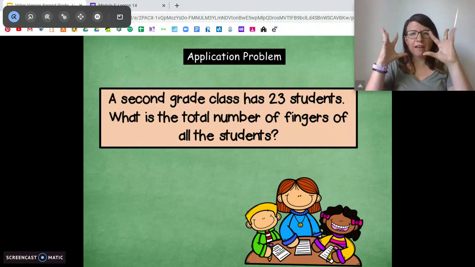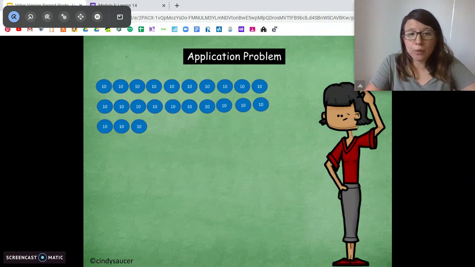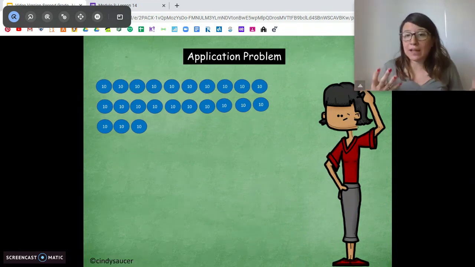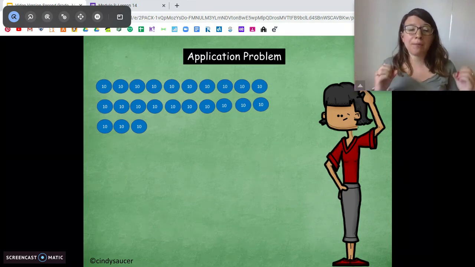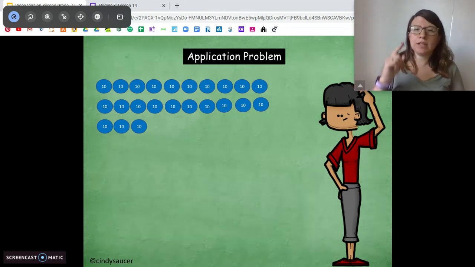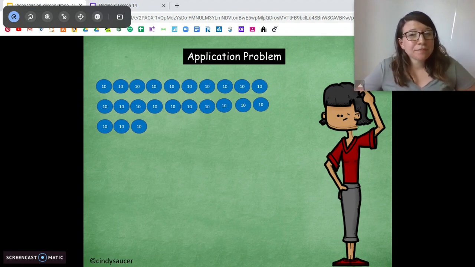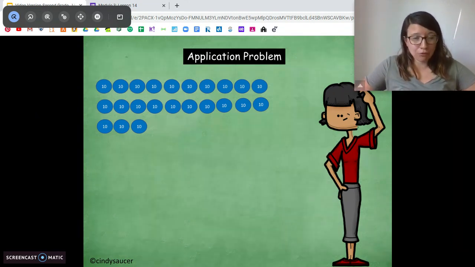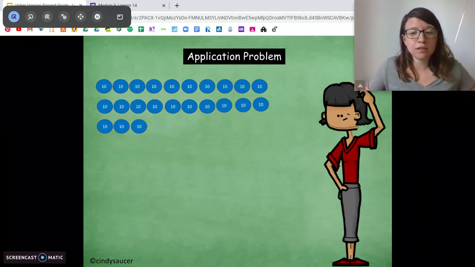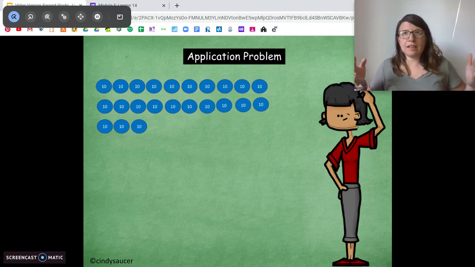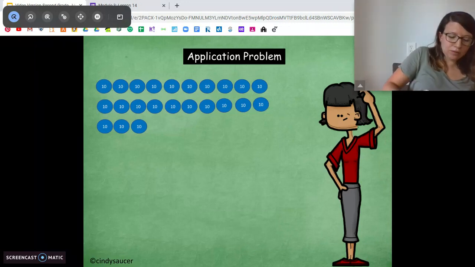So, we can assume that there are 10 fingers on each person's hand. So, what we can do is draw little circles of 10 or count by tens to get to however many fingers. So we're going to need to count by tens 23 times. So we can go 10, 20, 30, 40, 50, 60, 70, 80, 90, 100, keep going on. But we can also group it by groups of 10. So if we know that 10 tens equals 100, I'll write this out for you. So if we know 10 tens equals 100,